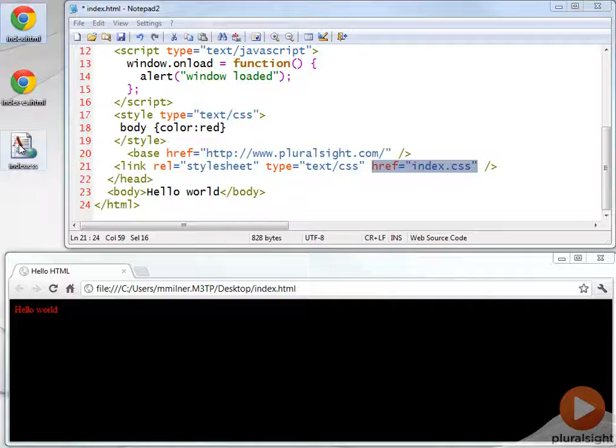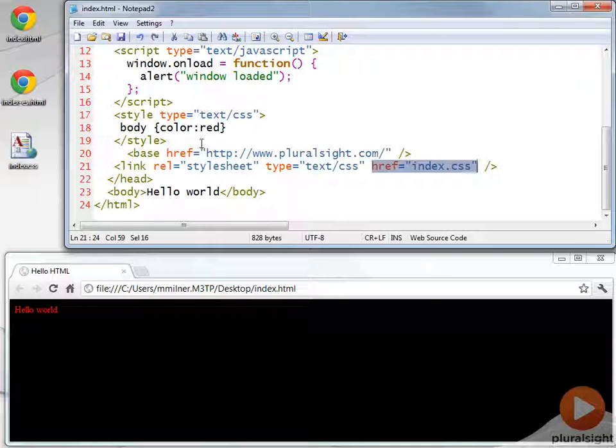So here's our page, our HTML markup. Here's a file right in that same directory with the index.css. That worked before, but now we've changed that base address. We've said, well, whenever you're going to use a relative address, it's not going to be relative to the page, it will be relative to this base URI. So now it will resolve out to the pluralsight.com server